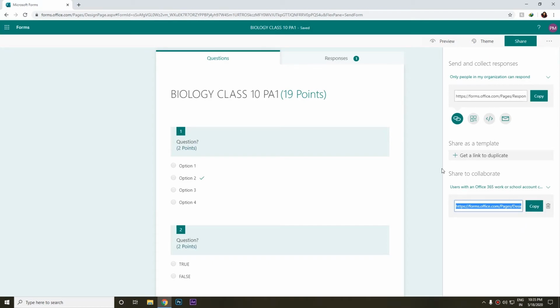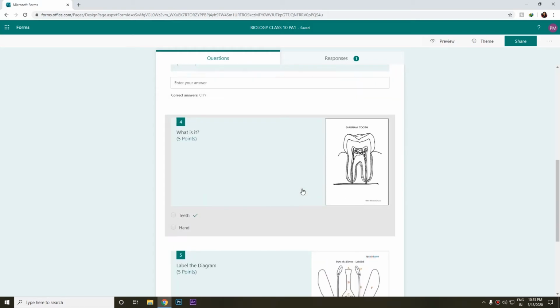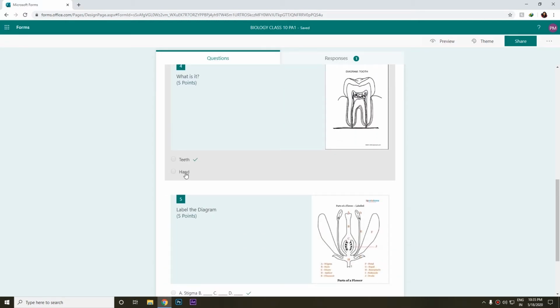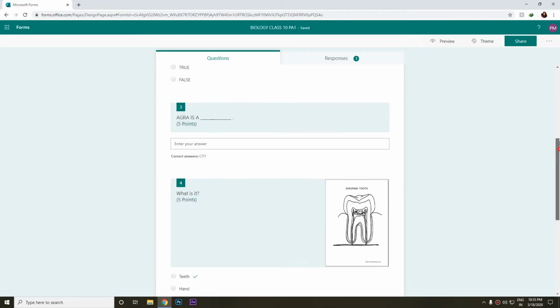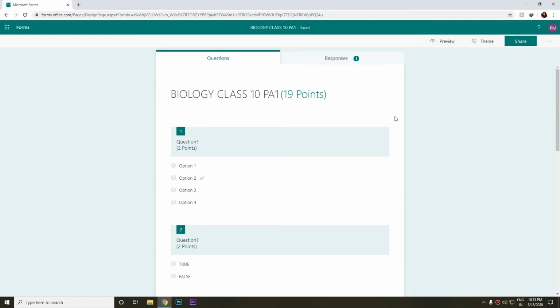Okay, so this is a simple tutorial on how you will be able to create your papers using true and false, multiple choice options, fill in the blanks, and how you will be able to add diagrams and mention their right answers, and the possible questions you can make using forms, and how you will be submitting the answers and collecting their results.